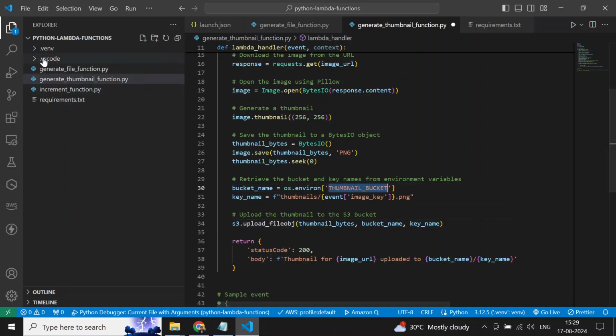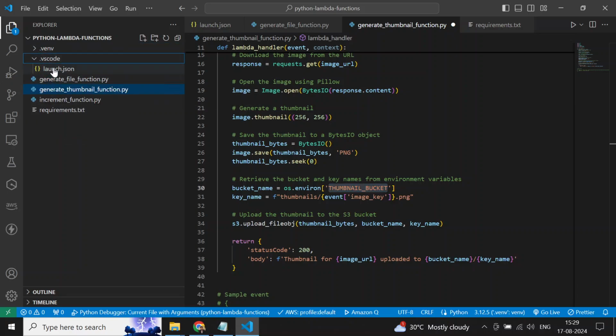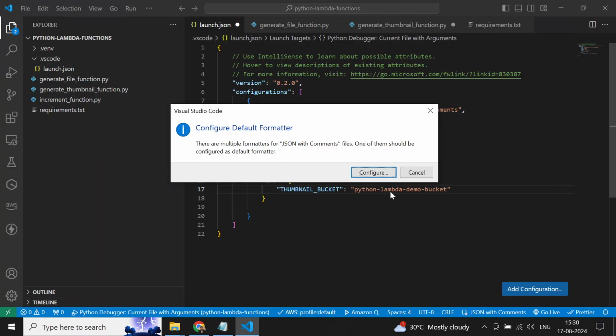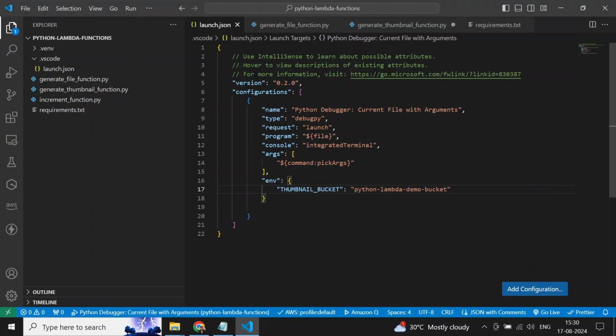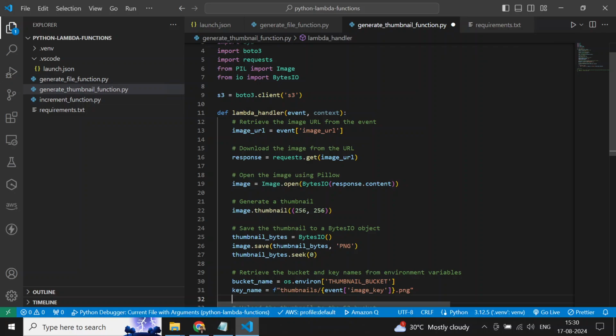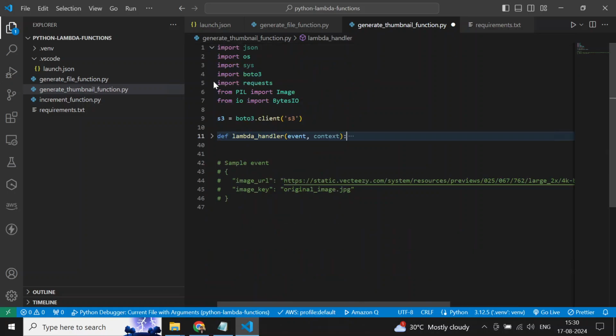So for local debugging, what we are going to do is go to our VS Code launch.json, and here I will put this thumbnail bucket, and here I have to provide the name of my bucket, which is this. Okay, the formatter is not configured anyway. So now I'm going to run it. It will use my default profile credentials to upload to the S3 bucket, and in order to debug it again,